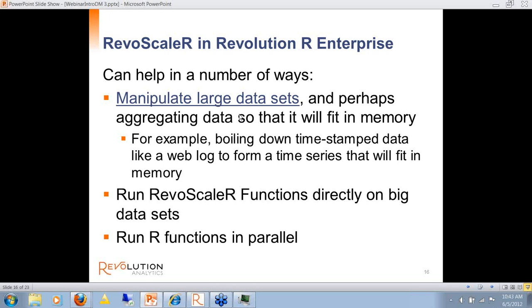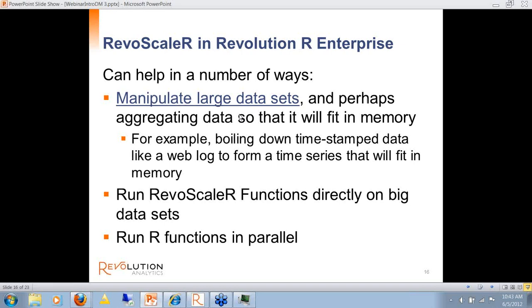These are built-in algorithms that you run from your R environment that don't work directly on the data in memory. What they do is work on data in a file, in this case a binary file format. The algorithms read a chunk of data, bring it into memory, work on just that chunk, provide some intermediate result, and they chunk through the whole file, and at the end produce a final answer.